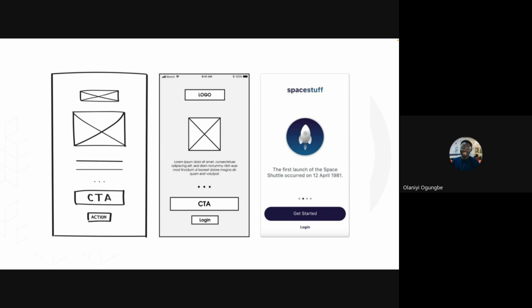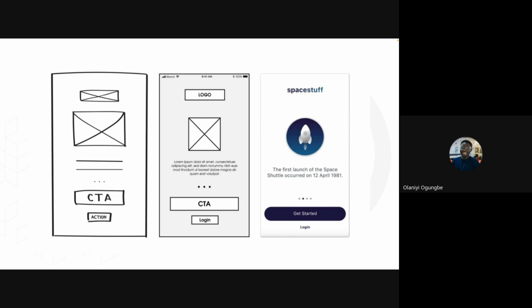Why? Because you do not have the layout of what those pages will look like at the final stage. So to save yourself some trouble, I would advise you, by all means, create the low fidelity for every single thing. But if you feel like you want to miss out some parts in the low fidelity, on your mid fidelity, make sure every single page, every single screen, every single interaction is properly created. Do you understand?